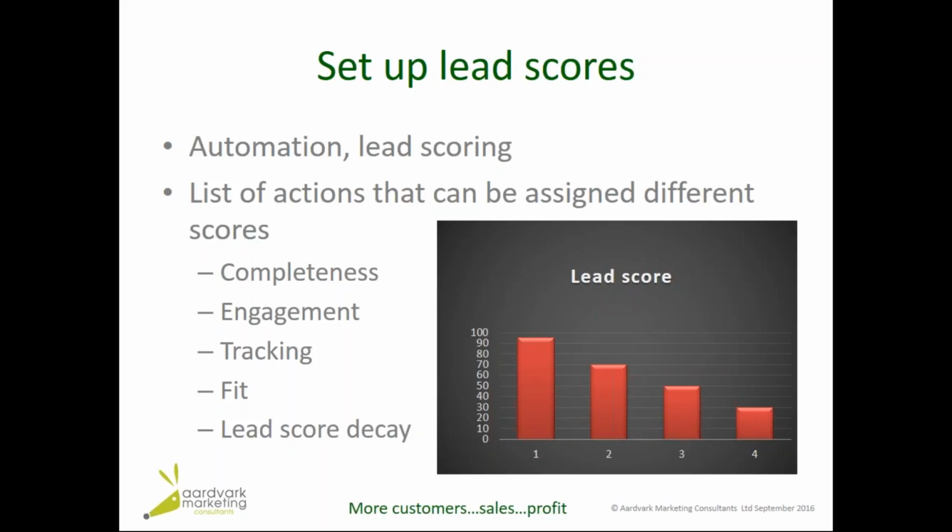So we're looking at whether the data is complete, we're looking at engagement, we're looking to track that journey. Is it a good fit with our business, or are they a good business for us? So you can start looking at them and seeing whether you want to engage with them. And then you can fit something called lead score decay. So your hot leads are people you need to speak to quickly. If they don't engage with you at that point, it's going to go colder. So you can set that into the system so that it gives the sales team the right numbers right the way through.